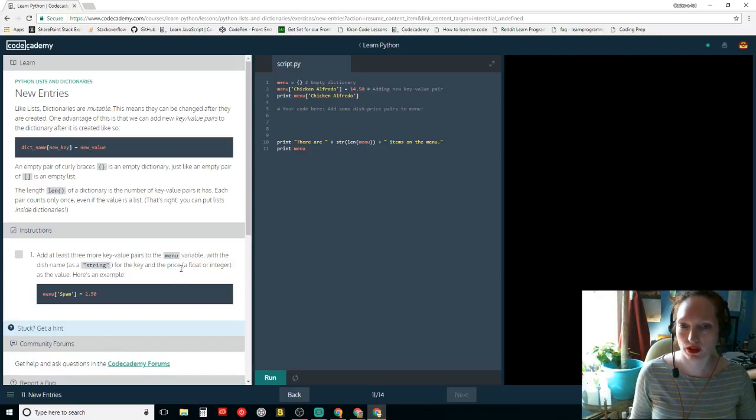Added these 3 more key value pairs to the menu variable with the dish name as a string for the key and the price, a float or integer, as the value.